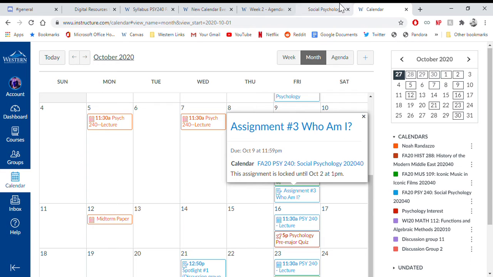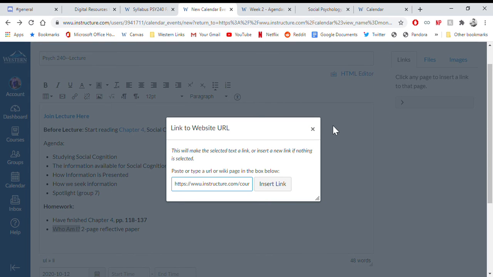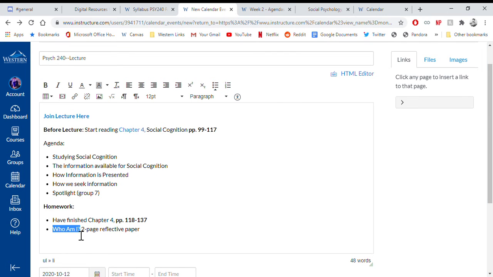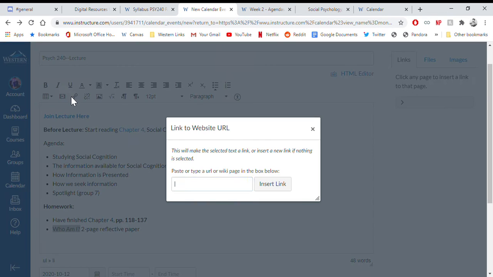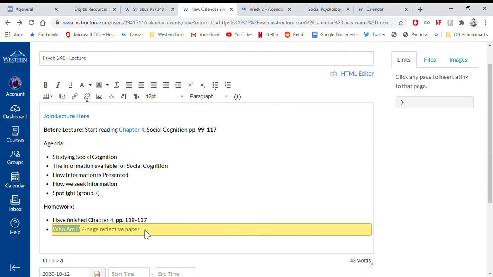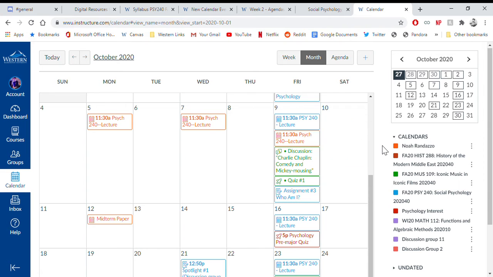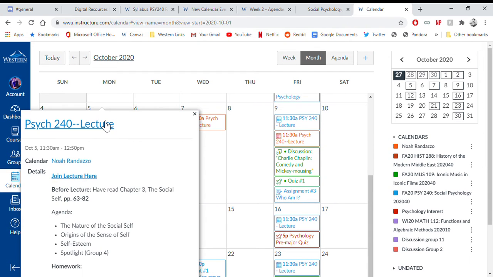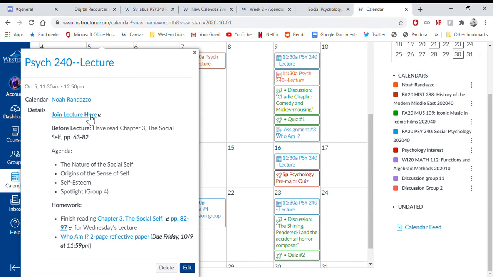Okay. So we've copied the link address, and I'll do this again just because I keep hopping back and forth. So we highlighted Who Am I. We're going to link to URL, Control V, insert link, and now the assignment within Canvas is linked to it. And I will show you a previous version that I did with this. We can see if we open up the 5th, okay. So again, we have our lecture link, we have this, and then if we click this link here, which is exactly what I did before,